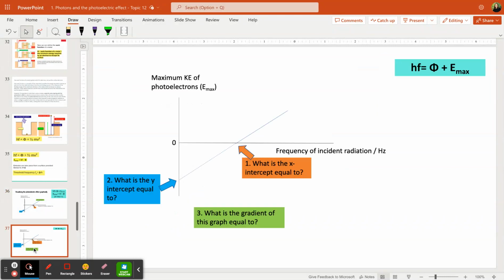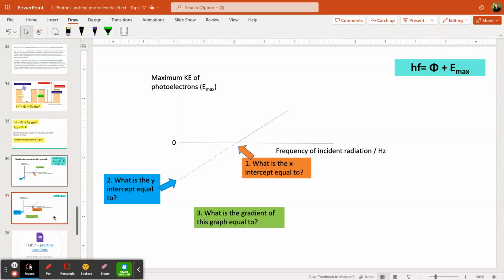See if you can work that out yourself. I've just quickly skipped over, but you can pause and go backwards, and I'll go back in a minute. But see if you can remind yourself from my equation here, rearrange it so it's in the form of the graph y against x, and then work out what the values of the x-intercept, the y-intercept, and the gradient must be equal to. And if you can do that, then you've got your head around the equation well. Okay, and then once you've done that, you can go back on the video and check your answers.